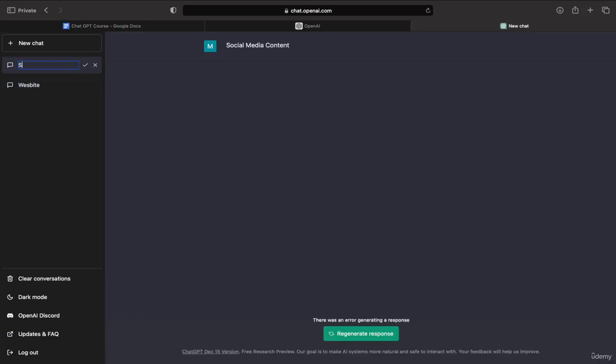So I would just copy and paste that bit of context, explain what the company's about, explain what their values and their mission statement is, and copy and paste that into a few different chats. So I would create a bunch of chats, one saying website content, the other one social media content, and one that says blog posts. And what that does is allow me to organize the content that I'm creating for this specific business.